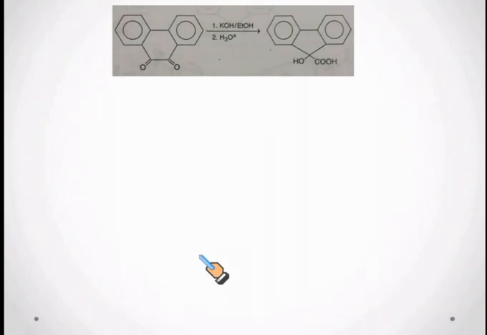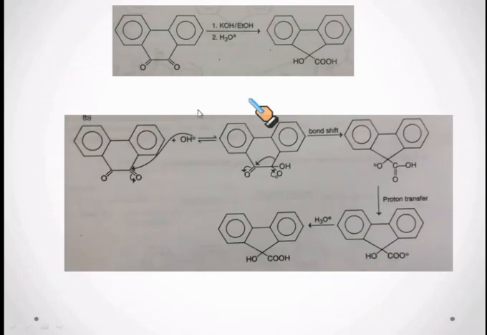Now what is the mechanism of this process? When the following benzil is treated with ethanolic potassium hydroxide followed by treatment with H plus, first the hydroxide ion attacks the carbonyl carbon and generates this anion, which undergoes rearrangement via this bond migration and forms this anion. Then this anion undergoes proton exchange and forms alpha hydroxy carboxylate anion, which then takes up a proton and forms our desired compound.